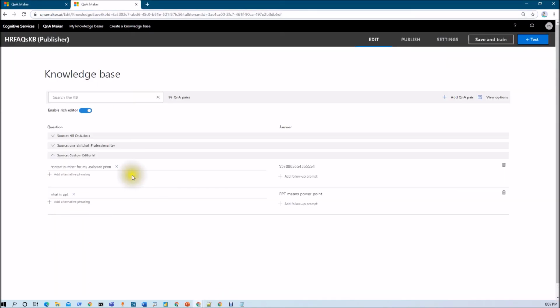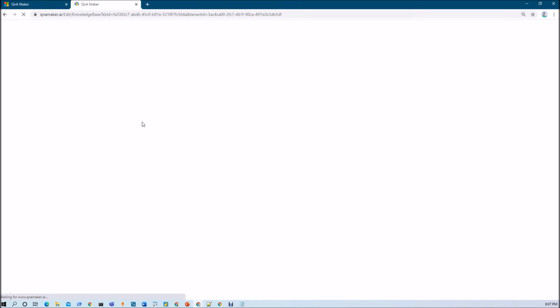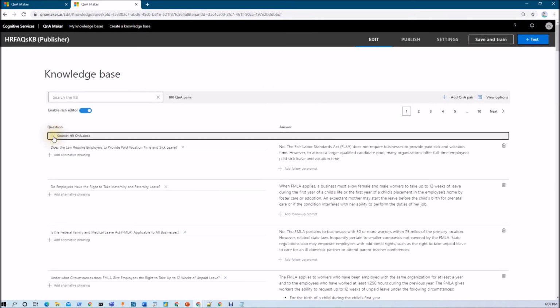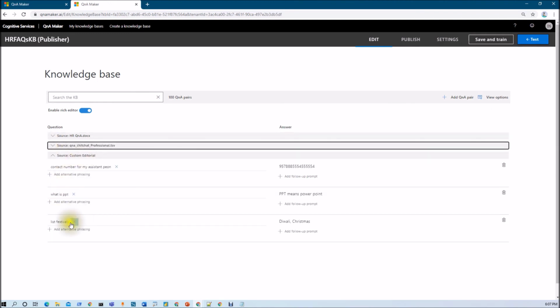So I'm just opening my Q&A Maker knowledge base and refreshing it. Let's see if the question has been added or not. Let's just collapse this one as well, and here it is, list festival, and we have two different festivals available here. Right, now the knowledge base has also been published.